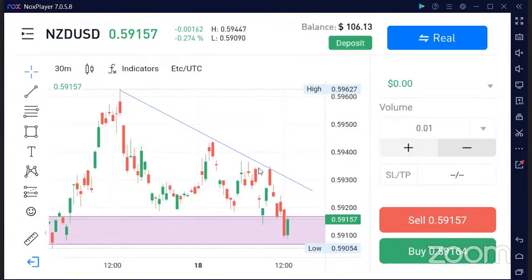The market is trying to reverse. Now if it reverses, what we'll be looking for is a retest to this trend line, and the market continues to go up. But if it gets to this trend line,